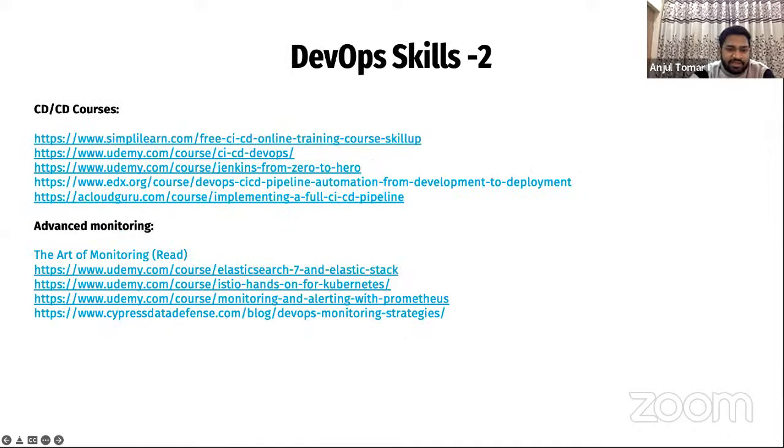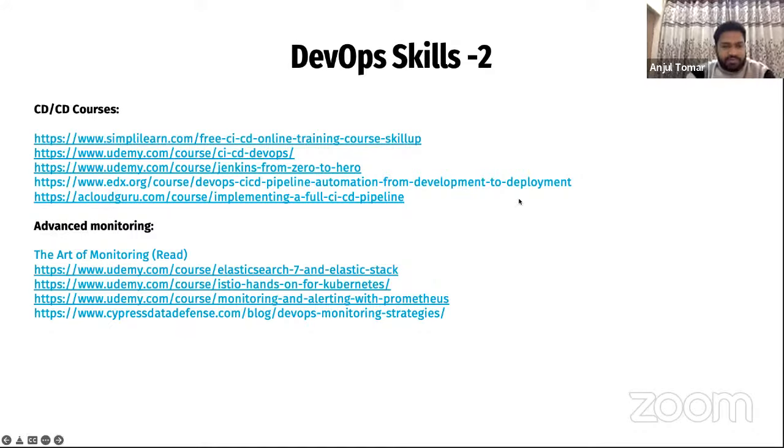CI/CD courses. In the previous slide as well, I've shown you the importance of CI/CD, how CI/CD is the core of DevOps and how it helps organizations work. Just one thing to make sure: DevOps is not CI/CD alone. The mindset is always the key. If you have the correct mindset to implement DevOps, things will definitely fall in place. It's not like you have done CI/CD alone and so you are a DevOps engineer. I don't think that is going to work.